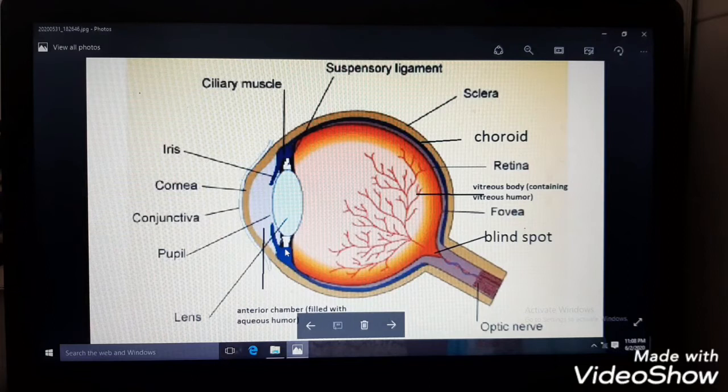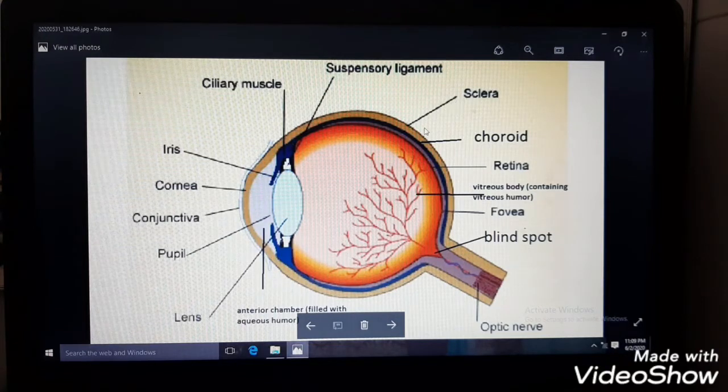So here it is. As you all know, the human eye is spherical in shape, but there is a slight bulge in the front part, that is cornea. This bulgy portion is cornea. Cornea is a transparent layer of the eye which also protects our eyes from external injuries. As this cornea continues towards the back side, it takes the name sclera or sclerotic layer. What comes next after cornea is iris and the pupil.